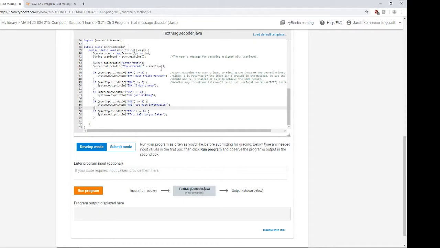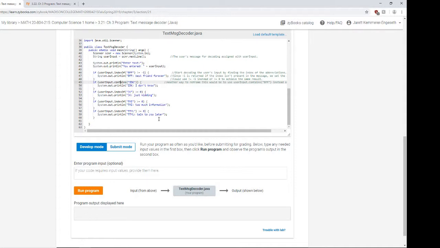This could also be done with, instead of greater than or equal to 0, we could do exclamation point equals -1, or we could, instead of dot index of, do dot contains, and then we wouldn't need this final part. To show, I'll switch it up for a few of these. All right, so we have all this stuff, and essentially, as long as the abbreviation is within the user input,